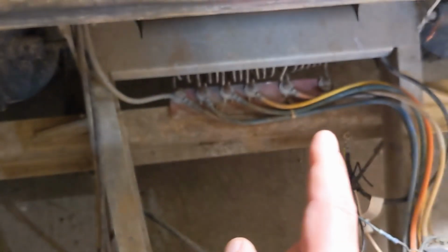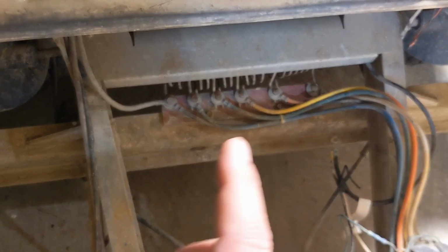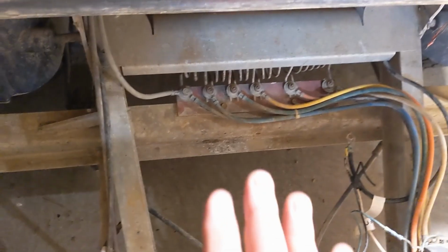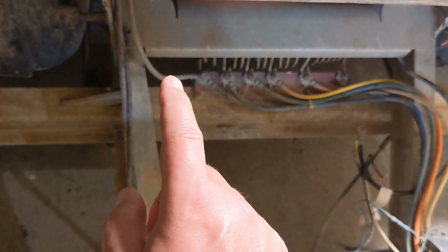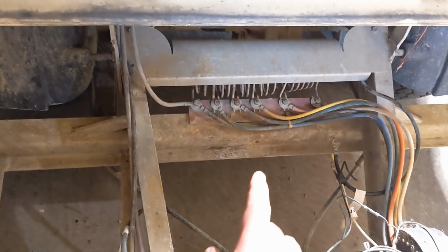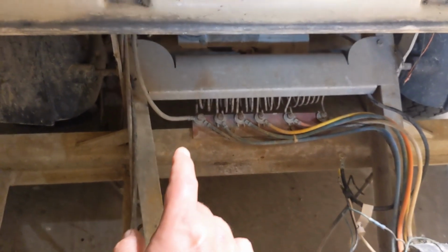You've got a cable there, a shorter one, and a longer one coming off the motor. If I swap them, that one should be long enough to reach from where this one's going over to where this will be over here. And depending on how far I push my battery back, it might work. Worst case, I have to buy a cable. I can do that, that's not the end of the world. Sadly, I don't have the stuff to make that here. Smaller size I do in the moment, but